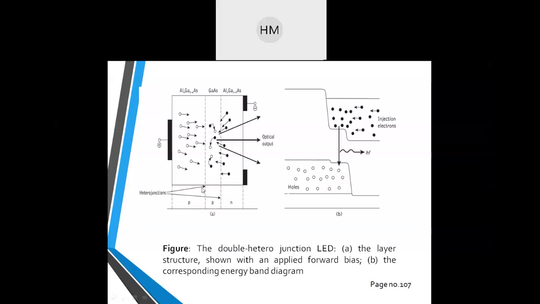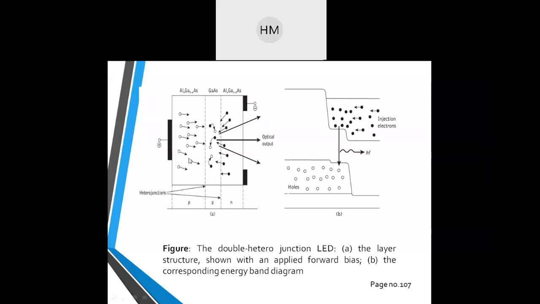So the device shown consists of, you can see the combination which we are using: aluminium gallium arsenide, again aluminium gallium arsenide of N type. So these three layers are sandwiched. This and this layer is sandwiched between this P type gallium arsenide layer. When a forward bias is applied, this is positive, this is negative, you can see the positive and negative terminals. Here no mirror is used. In laser we have used mirror.